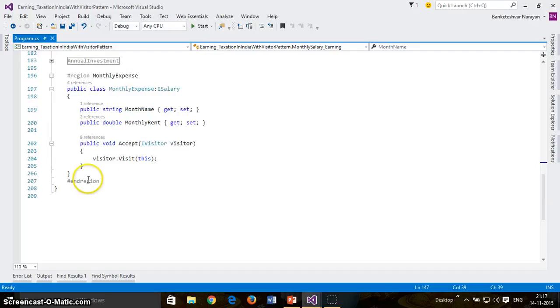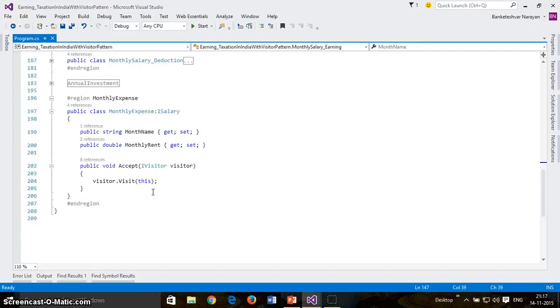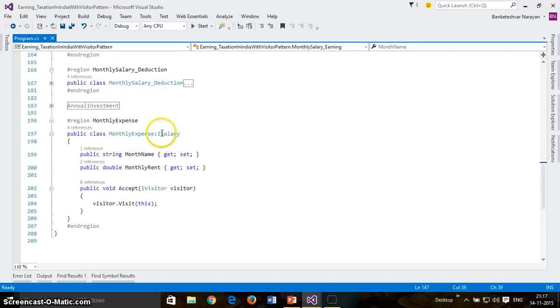So let's see what changes I have made. In each class I have implemented the interface iSalary and its method accept, and in accept I am just writing visitor.widget and passing the reference of this.